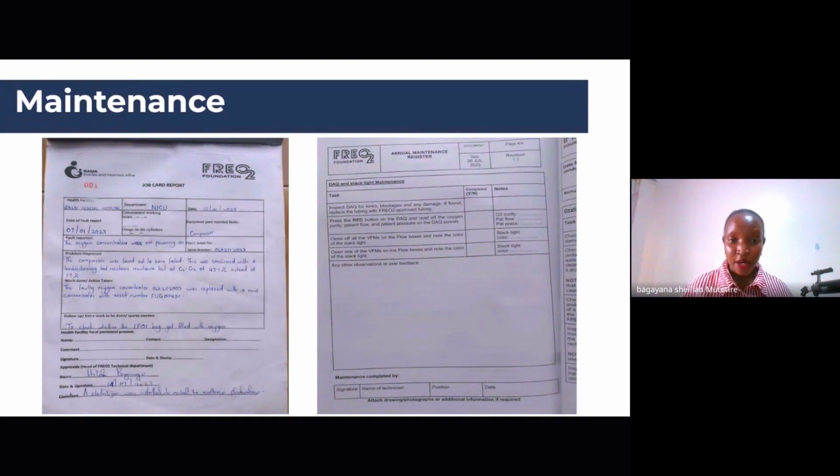We also have a section where we specifically include, say, if we're doing the 6 months maintenance, how to test for leaks, do this, and this. Okay, have you done it? Yes. Then comment, say, maybe I did this and it passed. So we integrate our guidelines with the actual register so that we know exactly what has been done and the exact spare parts that have been used.